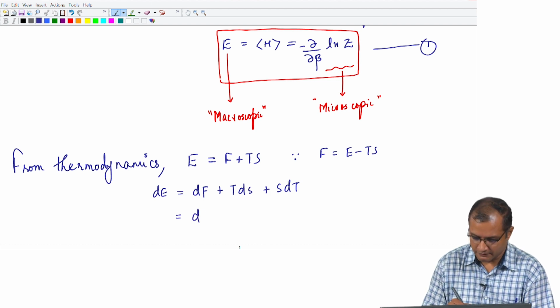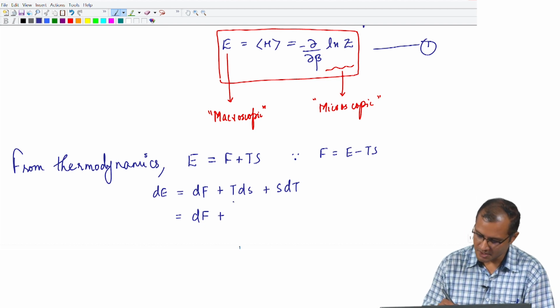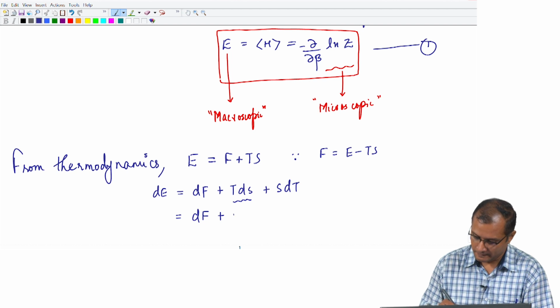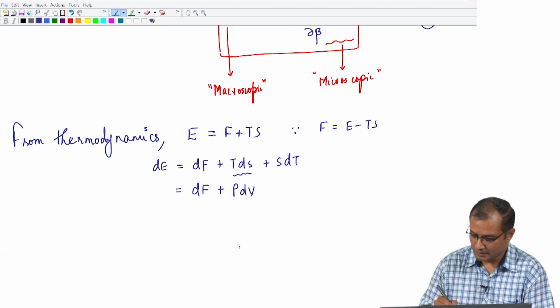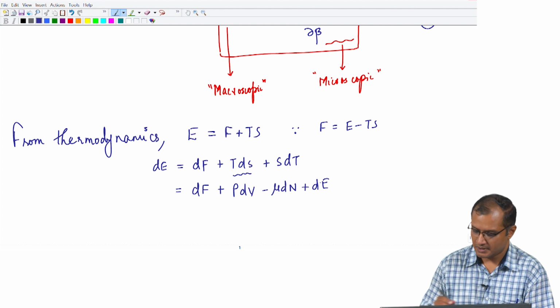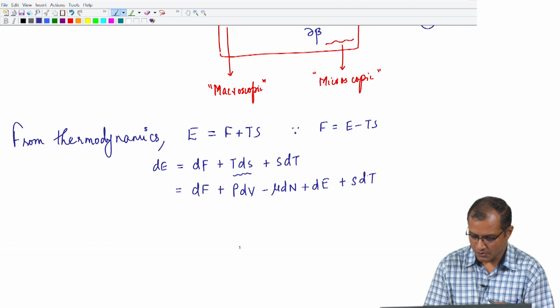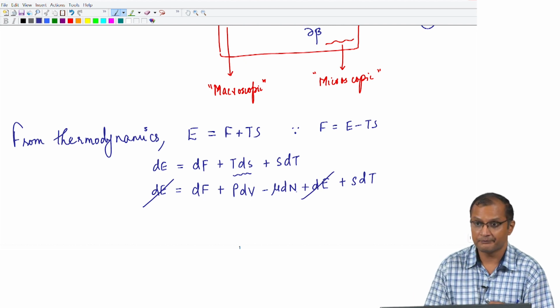But I know that from first law of thermodynamics I can write down this TdS as the pressure volume work minus mu dN plus some internal energy change, and this is the SdT. Okay. So, you can knock off the internal energy change from both sides, okay,